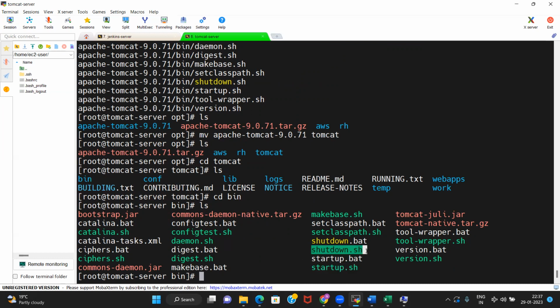These are shell scripts. If you need to start a Tomcat server, you will be executing this shell script, startup.sh. If you need to shut down the Tomcat server, you will be using shutdown.sh. Okay.